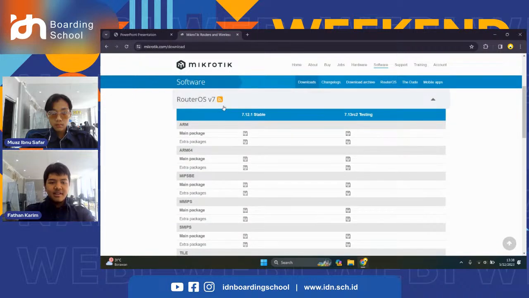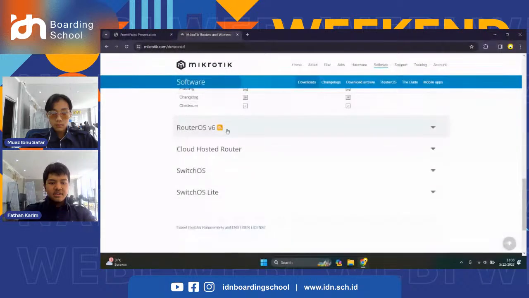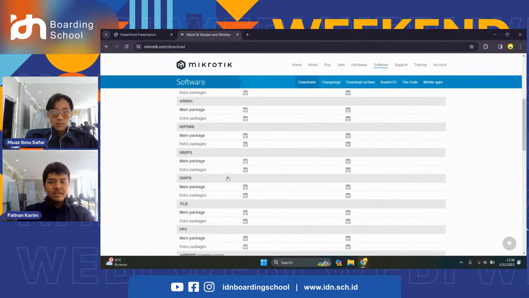For example, this is RouterOS version 7, and there's RouterOS version 6. If you want to use RouterOS as a virtual machine, people usually use the cloud-hosted router. Okay, because I already have the Winbox application, I don't need to download it again.